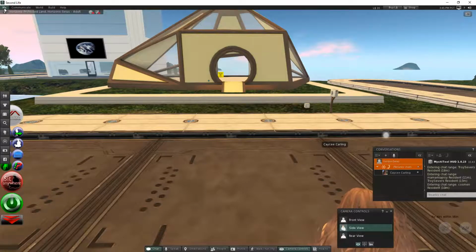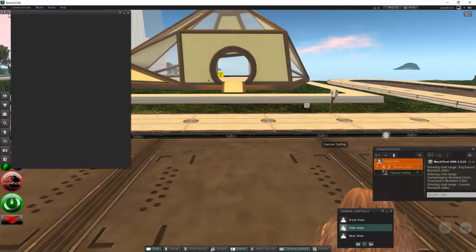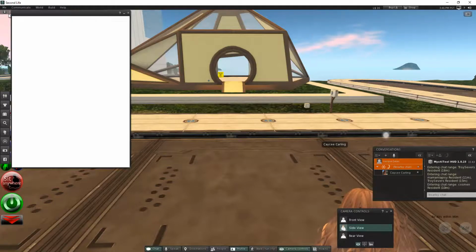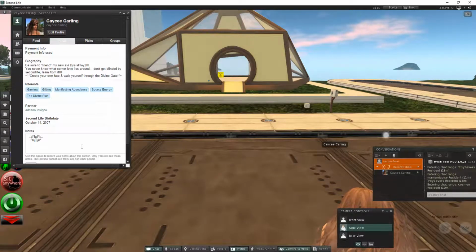If you come over here, under me, this is all about yourself, your profile. You'd like to create this as soon as possible, so when other avatars click on you, they can see the about you. Very similar to any social media. I just put in to friend my new